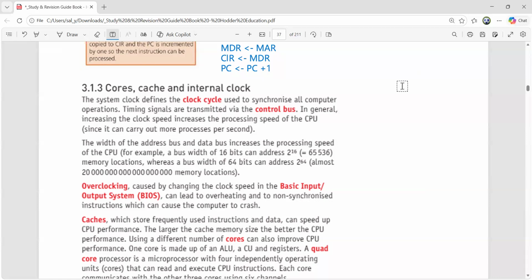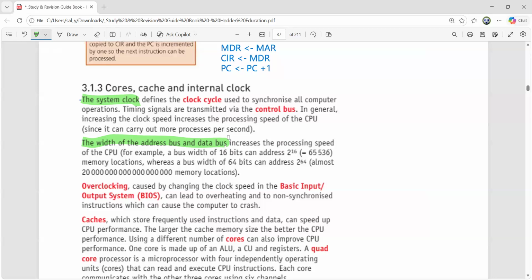Now just be clear, this is the first component that we have talked about. The first one is the system clock. System clock is going to help in increasing, or you can say decreasing, the system performance. Second is the width of the address bus and the data bus. So a question can come in any style. That is why I am constantly talking about only two buses, address bus and data bus, that are supposed to be increased to improve the system performance.